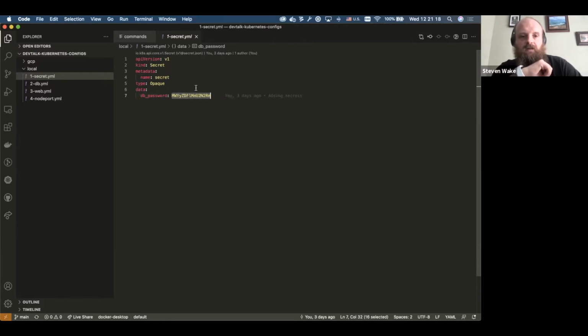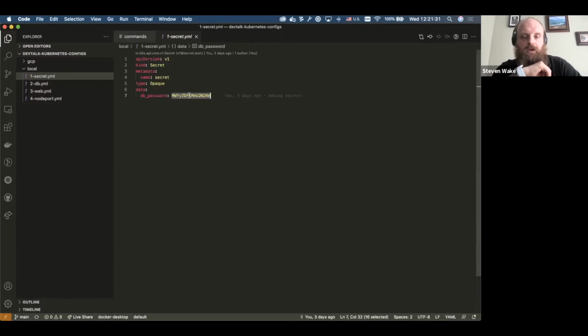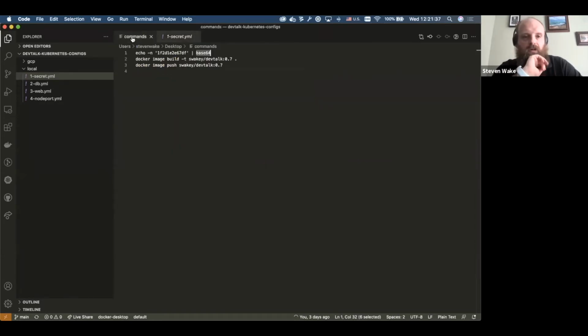This value here is the result of running this command. Basically, it takes this string and passes it to base64, and the result is this string here. It's not top grade security by any means, so please don't do this in production.